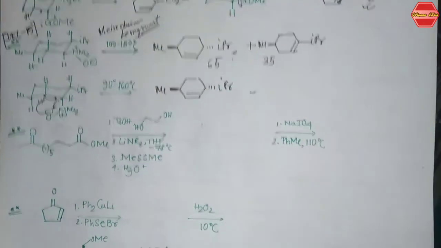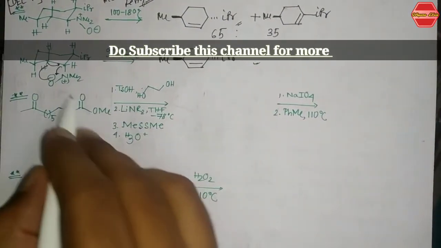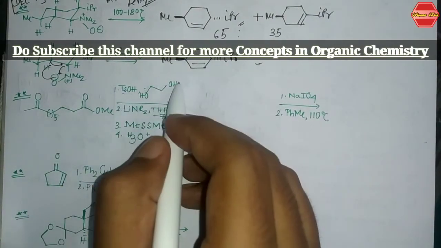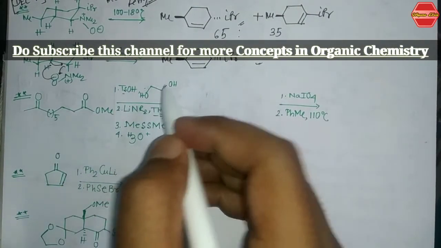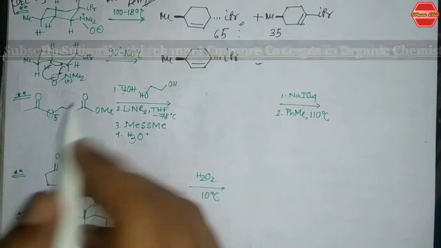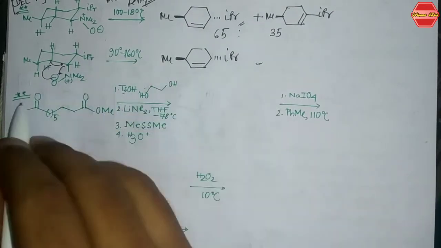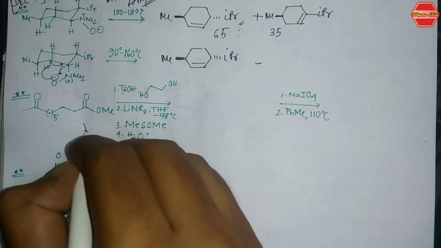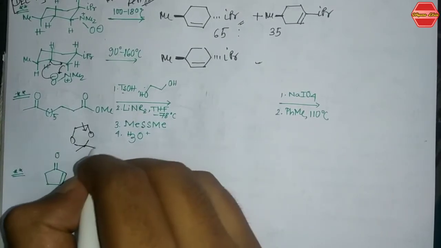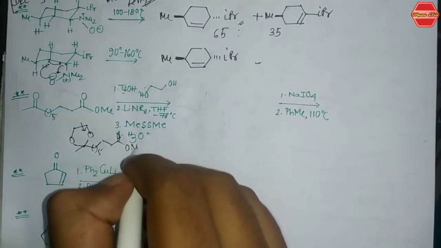So the next question comes, that is this one. Now if you see the compound very carefully, you are given this acid and this is your protecting agent, ethylene glycol. Now you have two types of ketone over here. You know that the ketone is more reactive compared to this ester, so it will first protect that one. Now if it is protected, it looks like this, and what you get is this one.